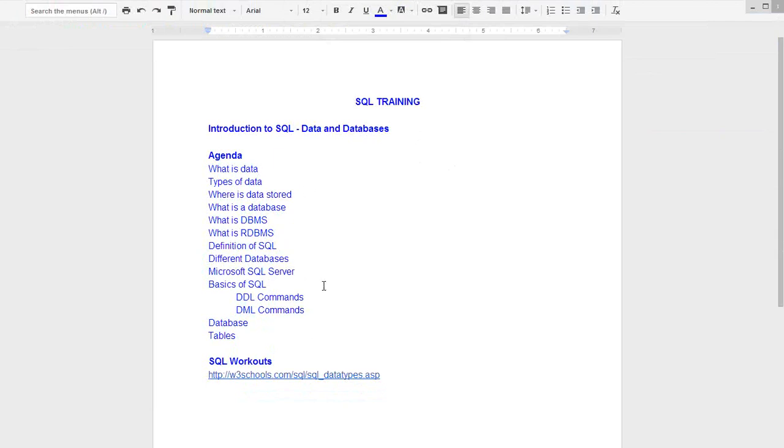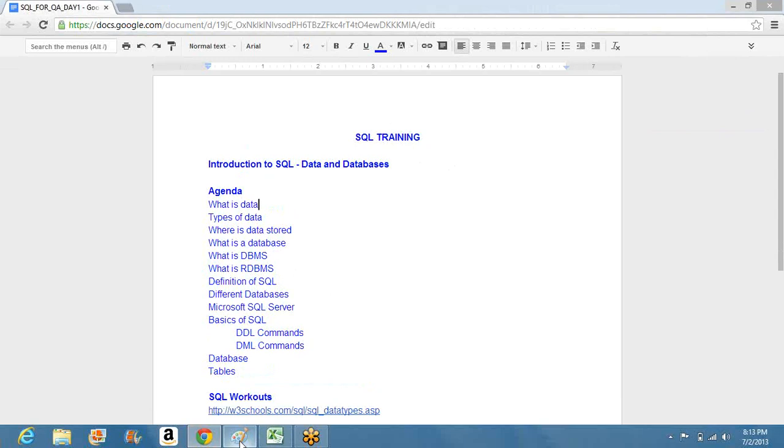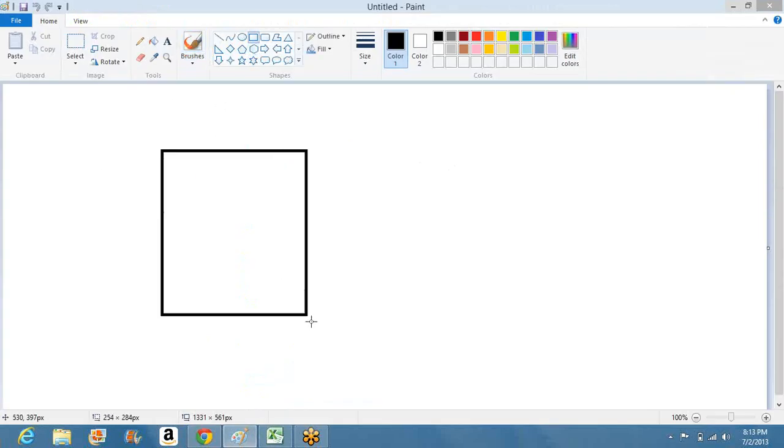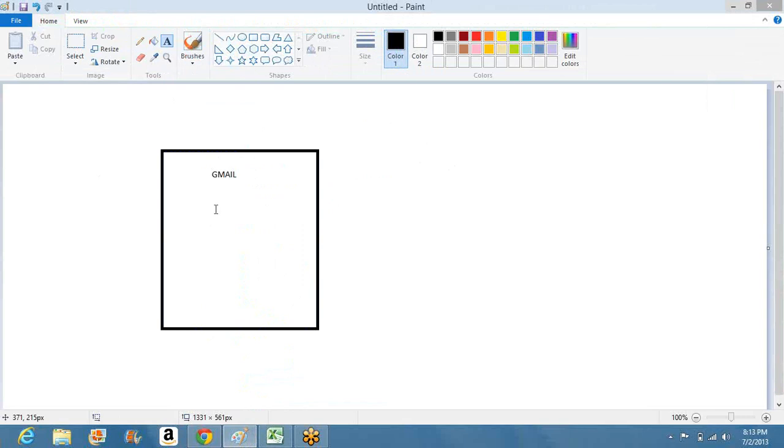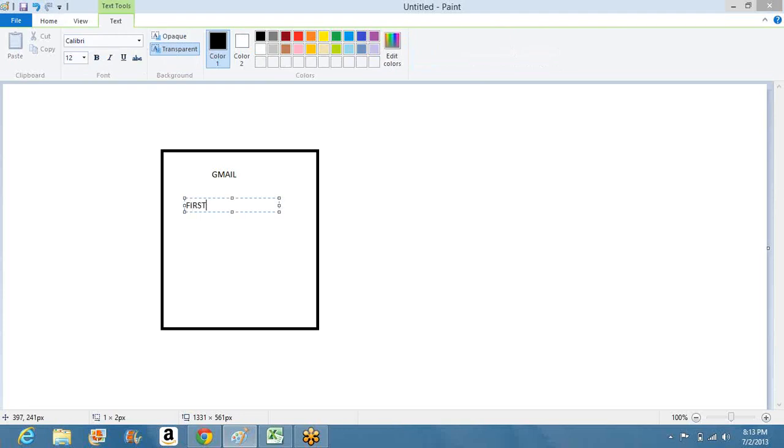For example, let's take a Gmail application where a user wants to sign up for a Gmail account. In that process, he will be providing his first name, and then the last name, and then let's say date of birth, and then the user ID he wants, and then the password. Let's say there's an option for address also. So once he enters all this information